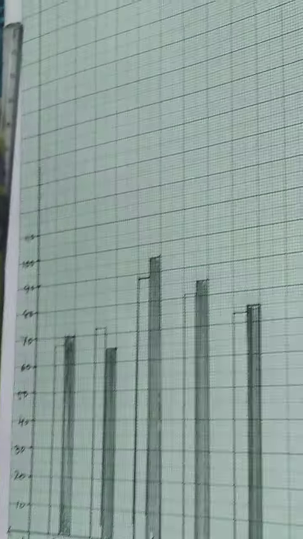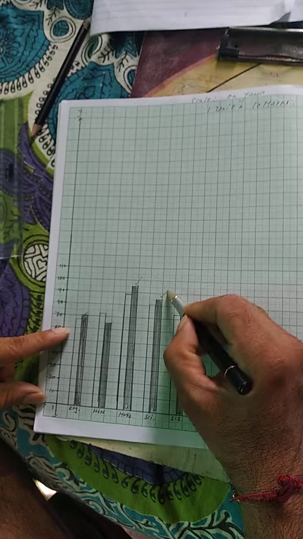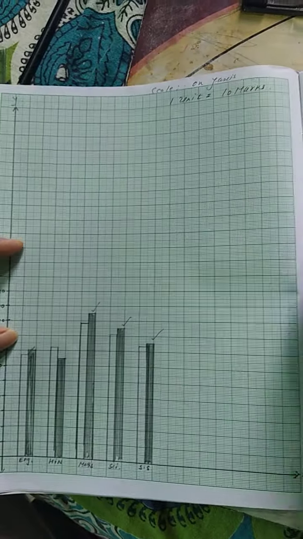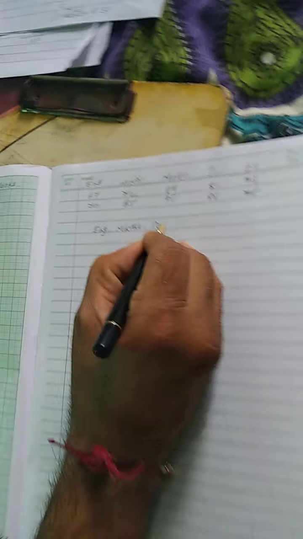Good. Now let's discuss about the question given over here for it. In which subject has the child improved his performance the most? What is the first question? In which subject? From the bar graph, it is clear that in improvement which subject in second semester we can see in English, right? Then after in which maths, then after in science and in SS. Which are the four subjects? English, maths, science and SS. Right?